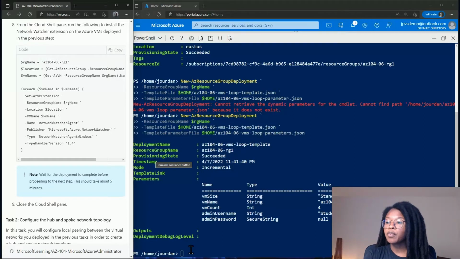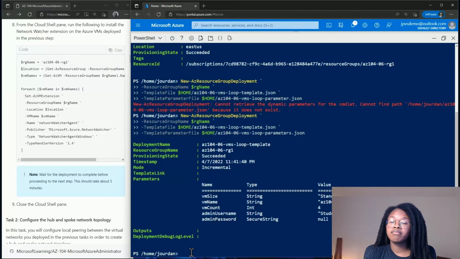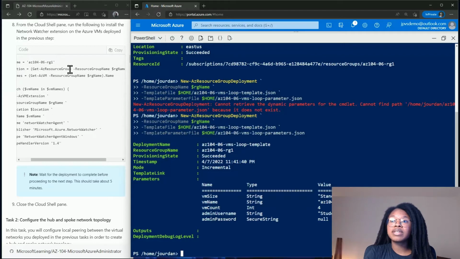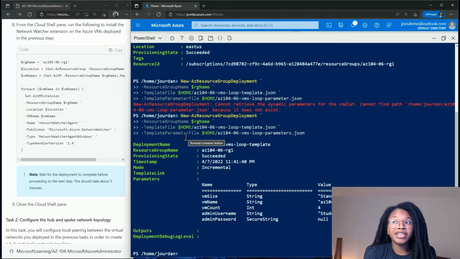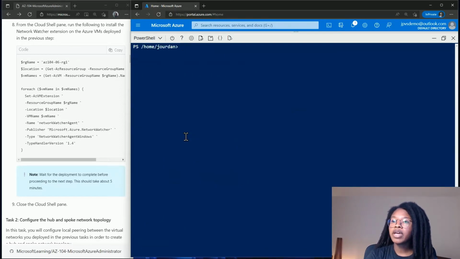Okay, so because we've already created a variable called resource group name, it has the same resource group name. I'm not going to run this first line along with the location, because what this is walking you through is getting the location of the resource group, but we've specified that in the previous step, which is East US. What I am going to do is clear this so that it's at the top of the screen now. I am going to create a variable called VM names